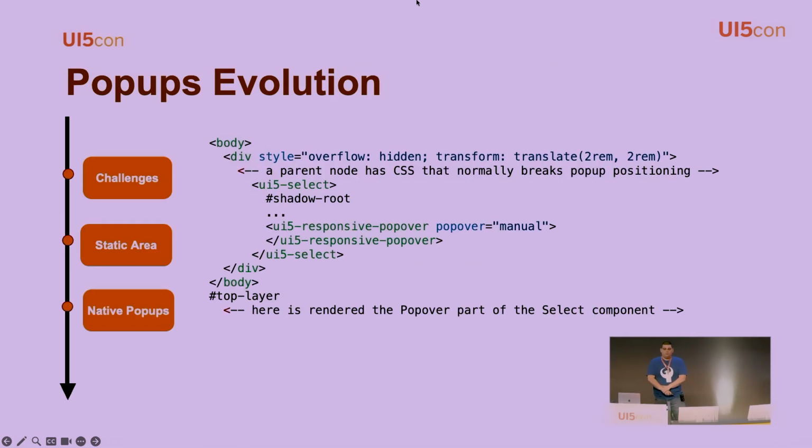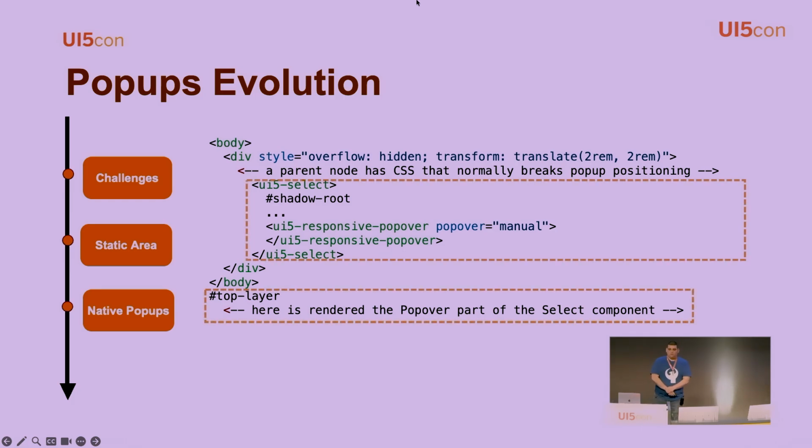So when the popover API was introduced, we integrated it into the UI5 Web Components, and now with that we no longer need the static area, since the pop-up content might be placed inside the shadow DOM of the components. And as I said, the pop-up content is rendered inside this top layer,